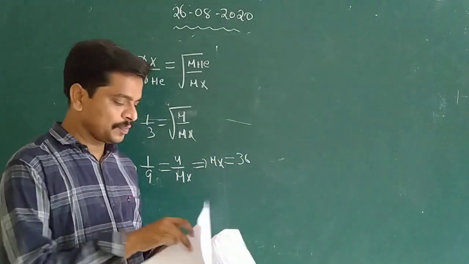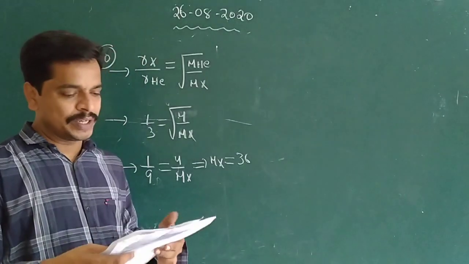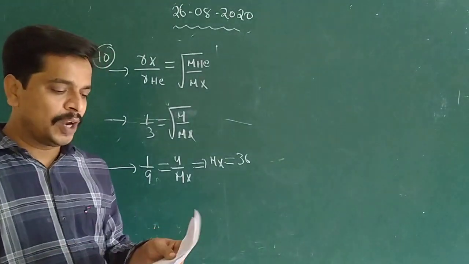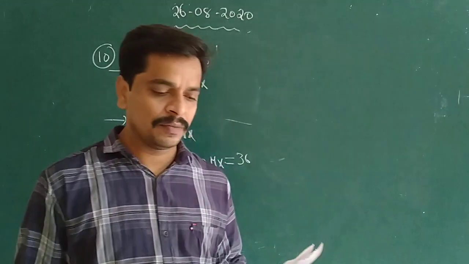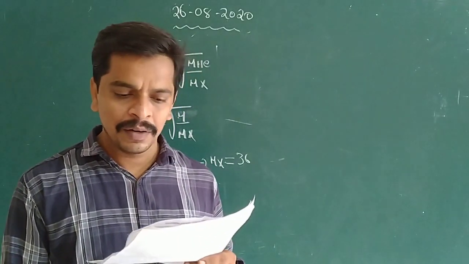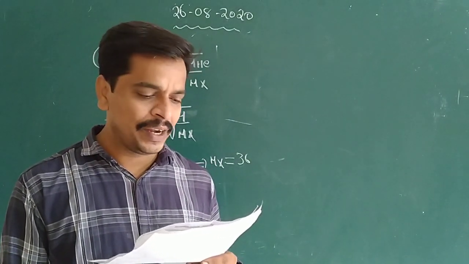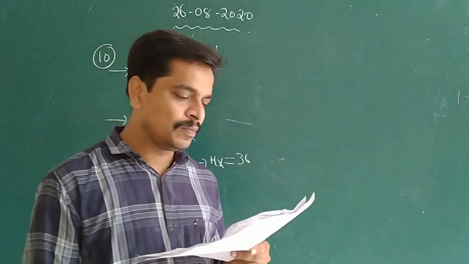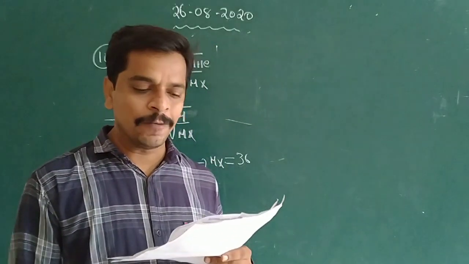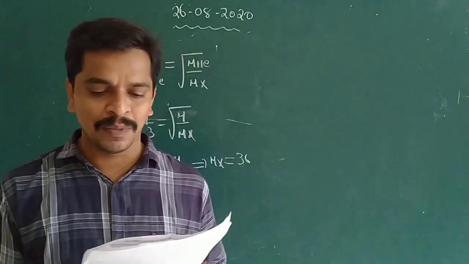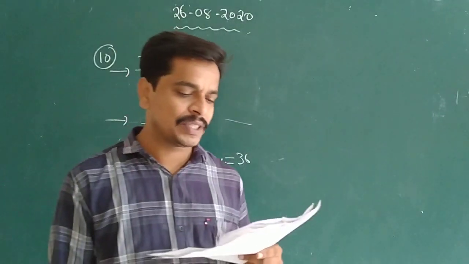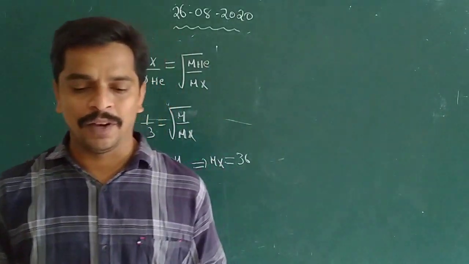Next, question number 11, students. 50 ml of each gas A and B take 150 and 200 seconds respectively for effusing through a pinhole under similar conditions. If the molecular mass of B is 36, the molecular mass of A will be